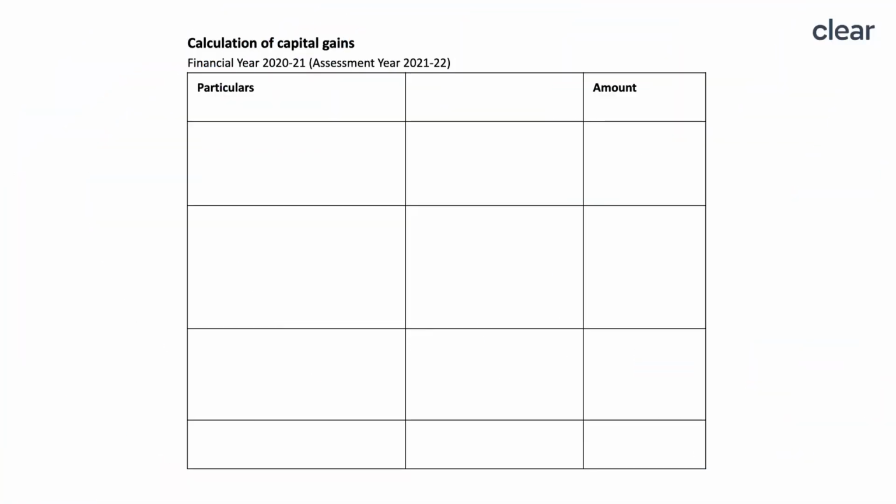Now let's discuss how capital gains should be calculated. As per the normal provisions of the Income Tax Act, there is a transfer on 1/7/2017 in the hands of Mr. A since he has given possession of residential plot pursuant to development agreement. However, section 45(5A) will be applicable since the assessee is an individual. Therefore, as per section 45(5A) introduced by Finance Act 2017, the capital gain shall not be taxable in the financial year 2017-18 but shall be taxable in the financial year in which the certificate of completion is received from competent authority, that is FY 2020-21.